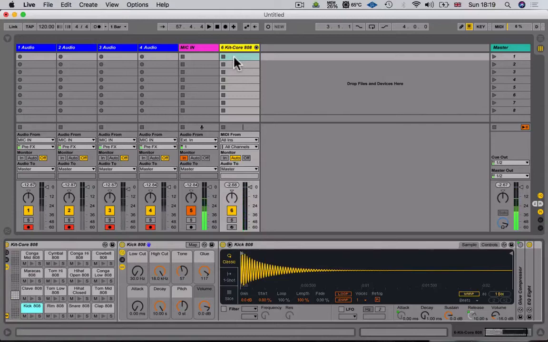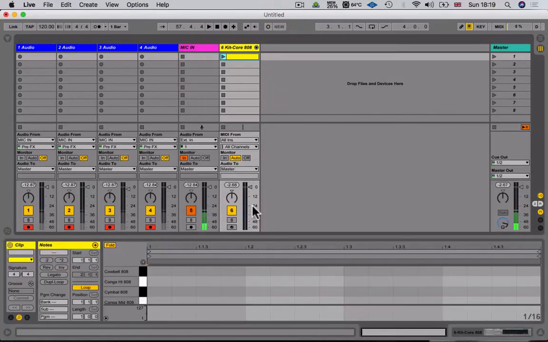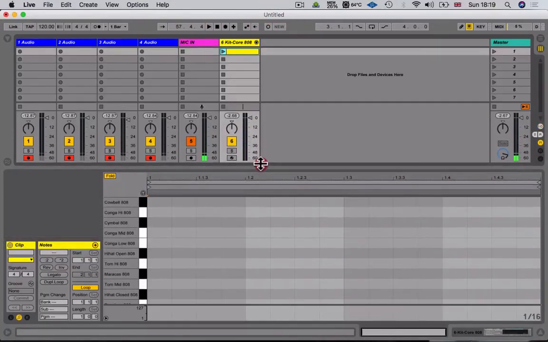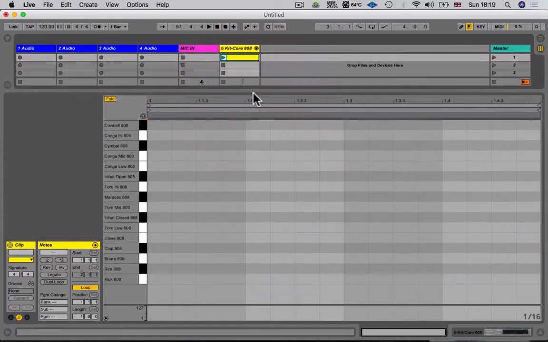I'm going to double click to create a blank 1-bar MIDI clip. And I'm just going to draw in by pressing B, which turns this to be able to draw in stuff. I'm just going to put four to the floor. And maybe